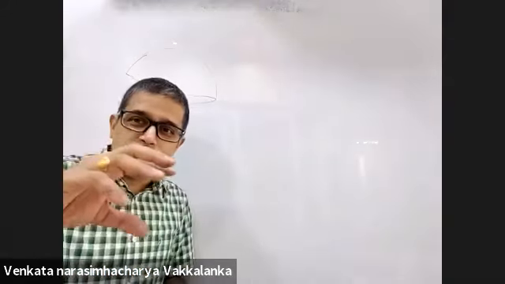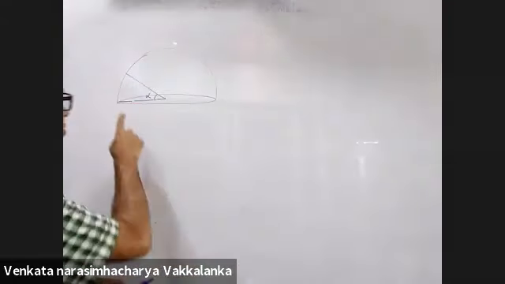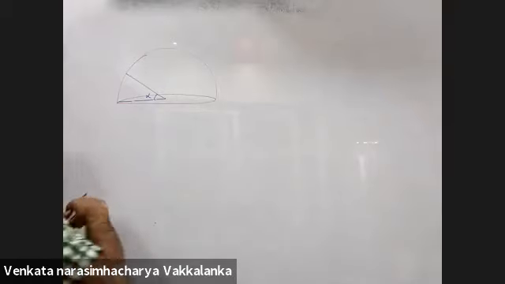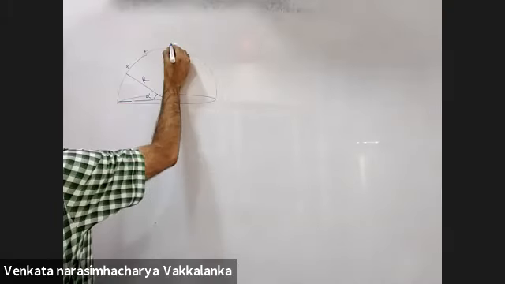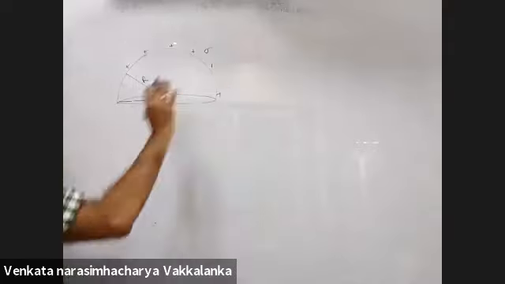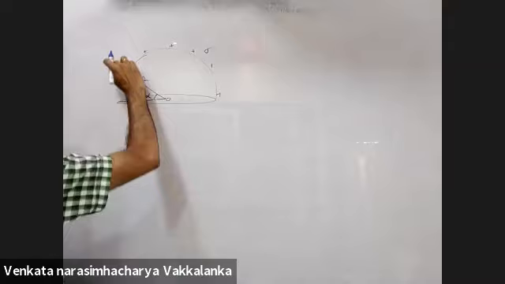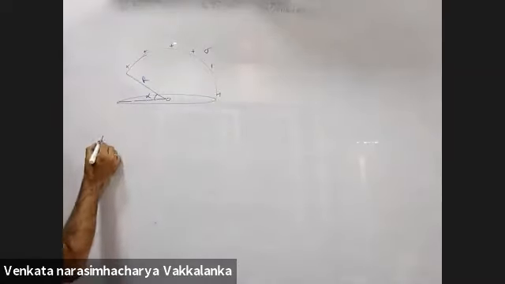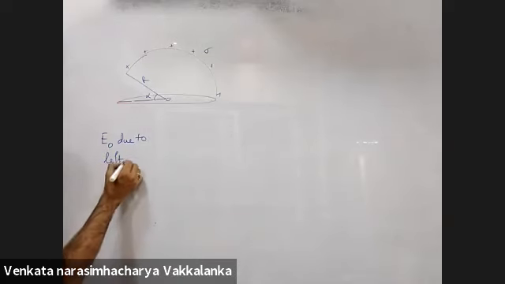Did you people ever see a watermelon piece being cut out? Yes, sir. Such a piece of angle alpha is cut out. You have positive charge of charge density sigma left over on the remaining part. This part is removed. Are you able to visualize this? Yes, sir. You are asking me the field at O because of the remaining part. Field at O due to leftover part.